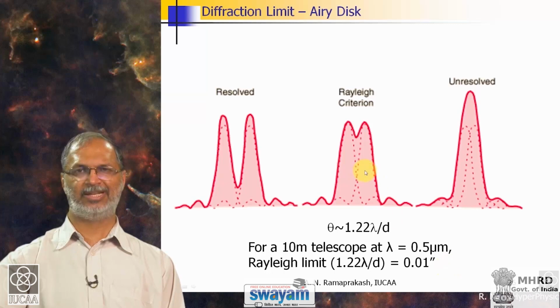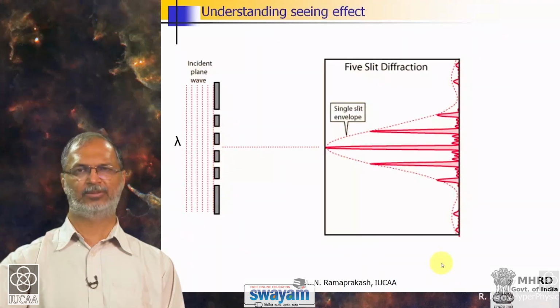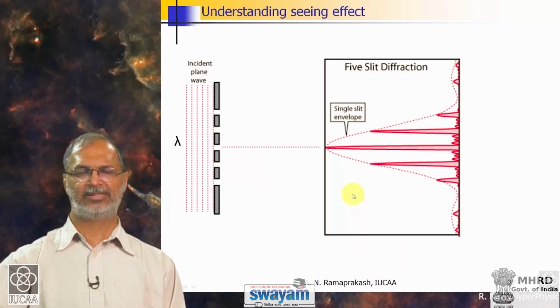So, theoretically, if you think of a telescope as a circular aperture of 10 meter diameter illuminated by light of wavelength half micron, you should be able to resolve fine details which are as close as 0.01 arc second separated in the sky. So, let us see what the atmosphere does to this. Oh, sorry, before that, let us try to understand